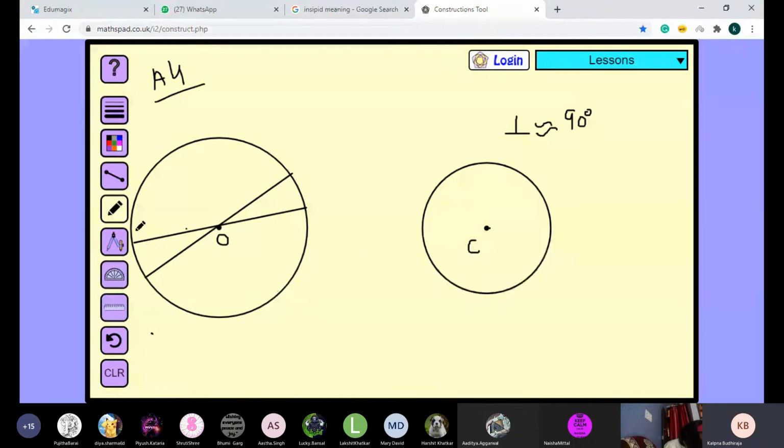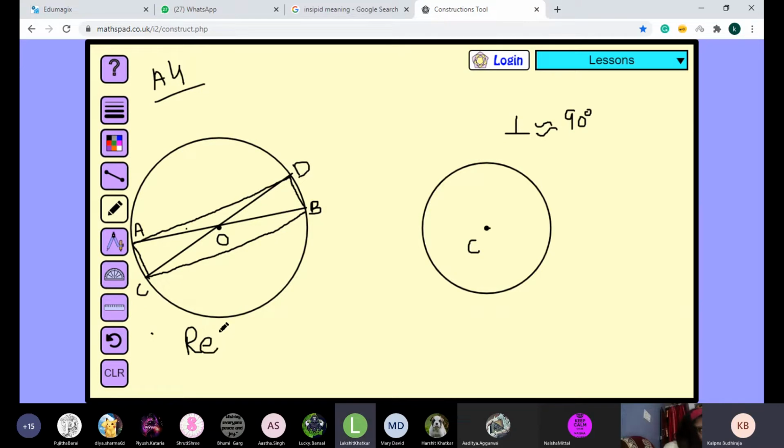Yes, so now you will label them. Let us call them A, B, and here C, D. Now they have told us to join the diameters. For joining, let us join A and D. Means you have to join all the vertices. As I told you, to make it very quickly I am joining without the scale, but you will use the scale. So here you are getting a figure which is called a rectangle.